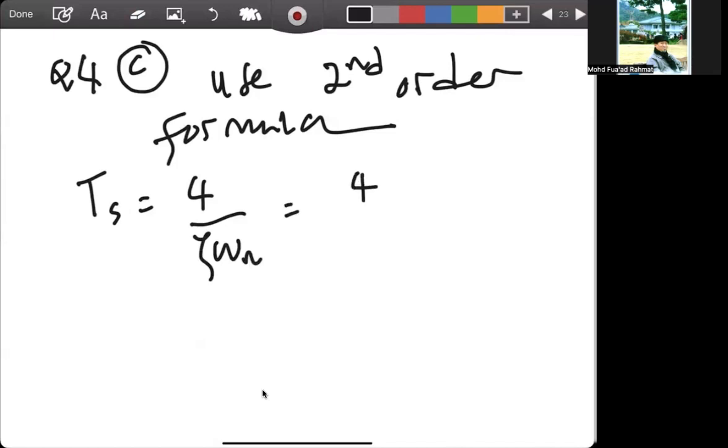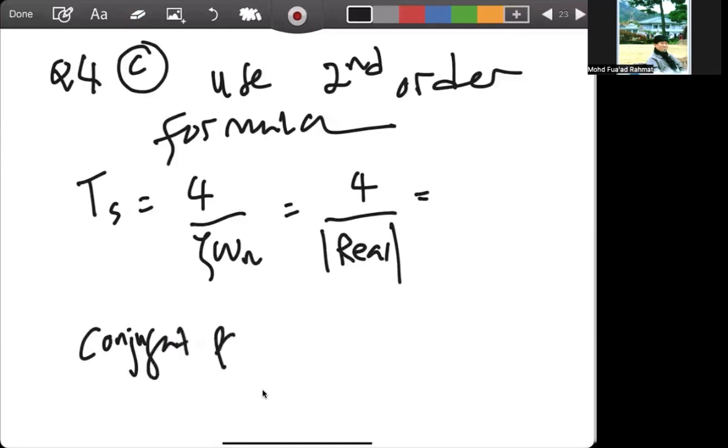So actually, zeta omega n is the real part of the complex conjugate pole. Okay, so if you look at the conjugate poles, it is given previously as minus